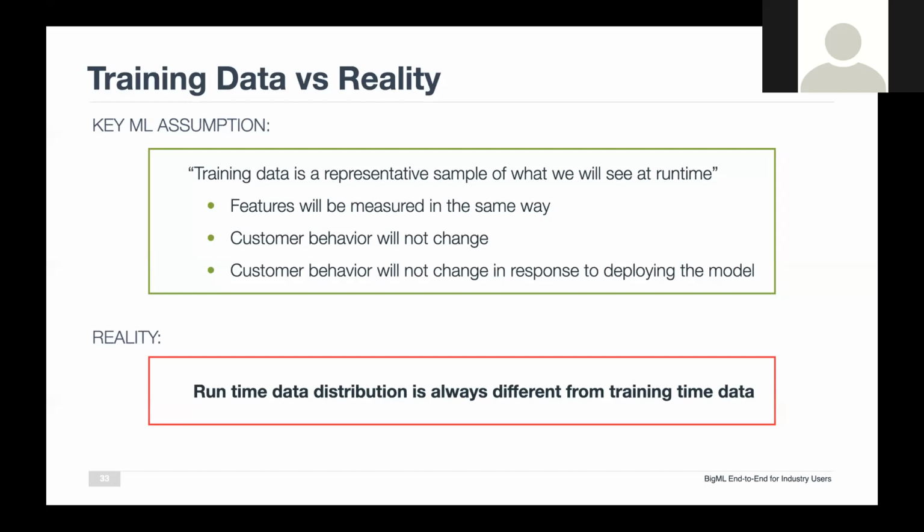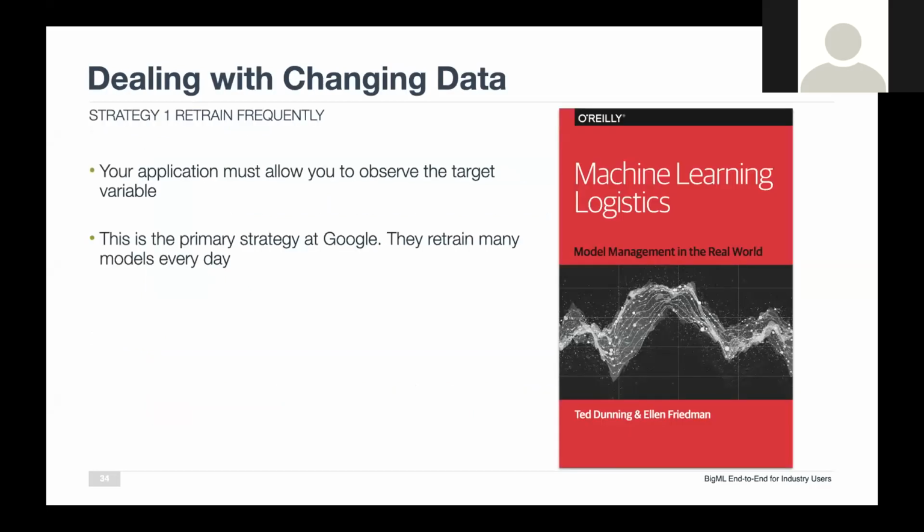So in these cases, we'll need to save some data in virgin state. Maybe for some customers, 10% of the customers, we won't take any action, so we can keep their data to train future models as well. That's one of the possible solutions. However, the reality is that runtime data distribution is very different from training data, so we need to take that into account, and for that, we need to retrain our models. There are different strategies. One of the strategies is simple to implement, but it needs